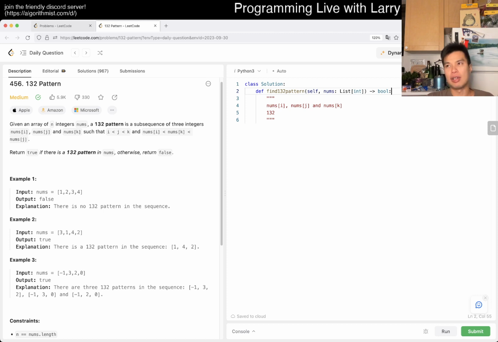So it already makes it easier, because now in a way it's a greedy problem or a greedy attack for the problem, because on the left side you literally want the smallest number, because the smallest number has the best chance of being a number there, and then on the right side you want to be greedy